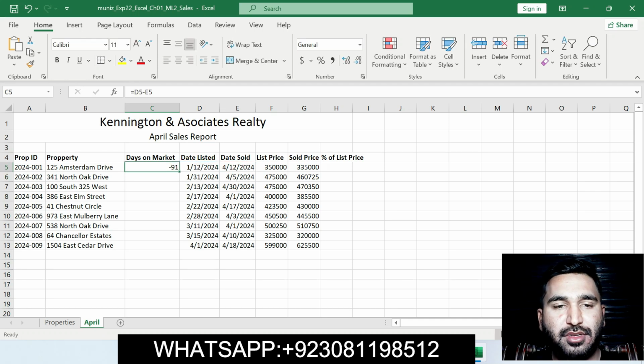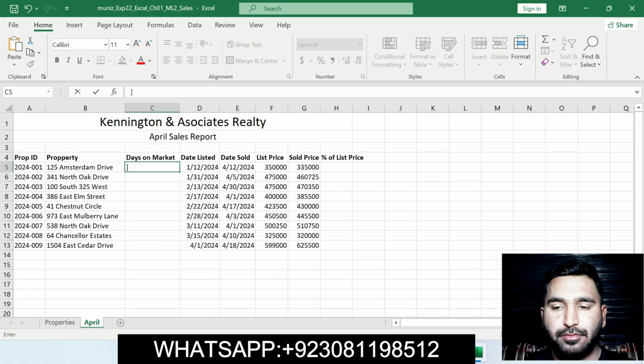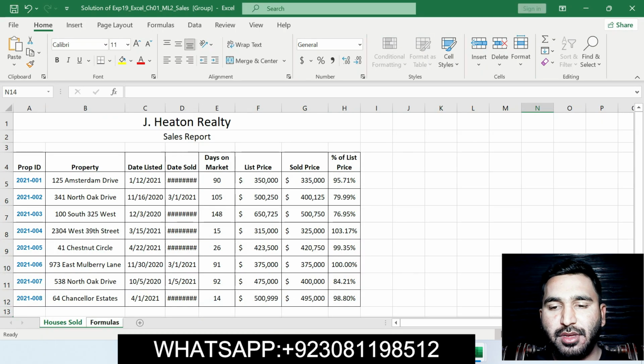Sorry, the date sold, subtract from the date listed, then press enter. It will show values here, you can see this.